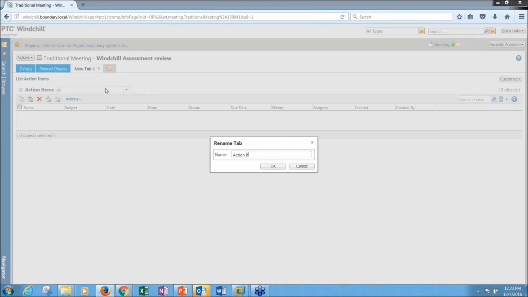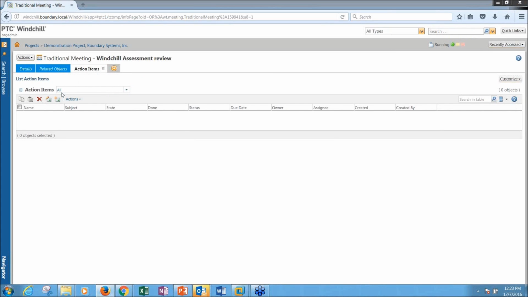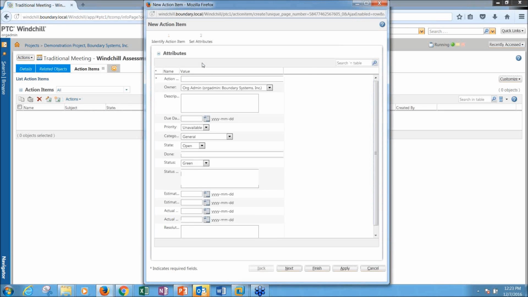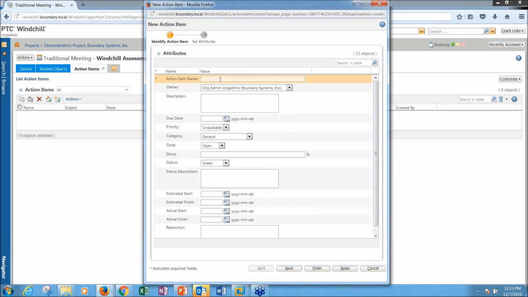I can set up an action items tab, make that available to everybody. And so as we go through that meeting, at the end of every meeting, there's always assignments. Okay, you're supposed to go do this. You need to follow up with the customer and get this information. Instead of those just being things that we email out as part of those minutes, we can go in and create these action items. And so I can say, okay, this action item is going to be,